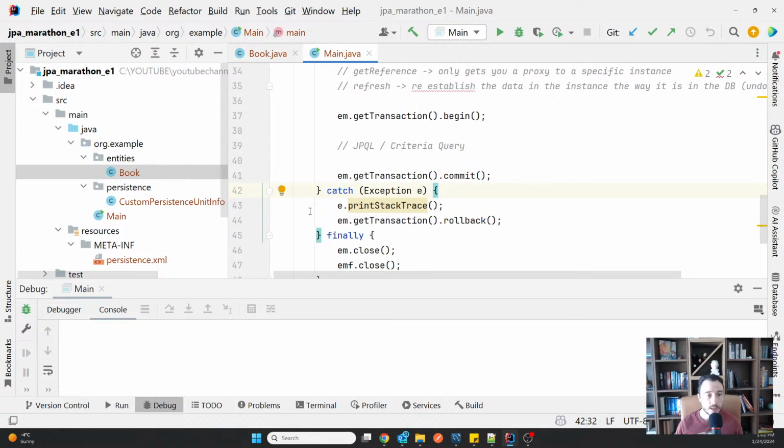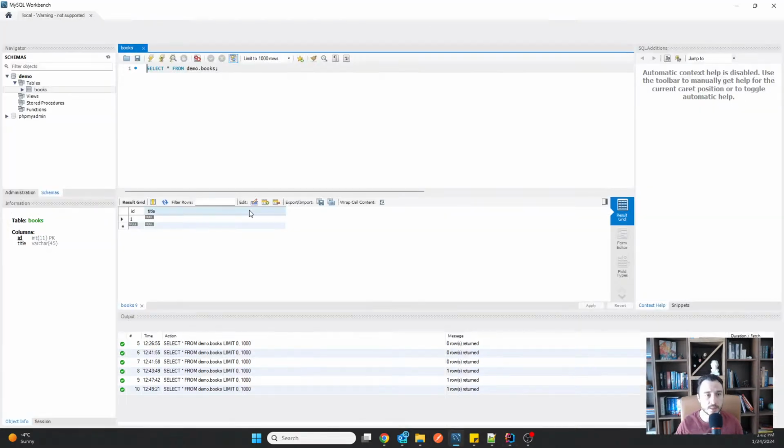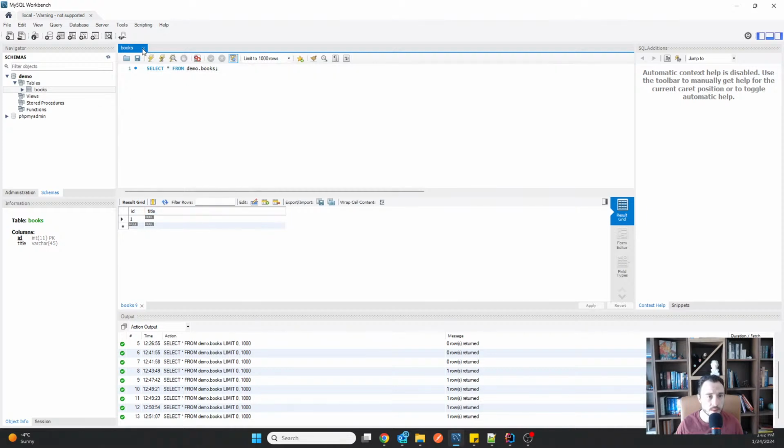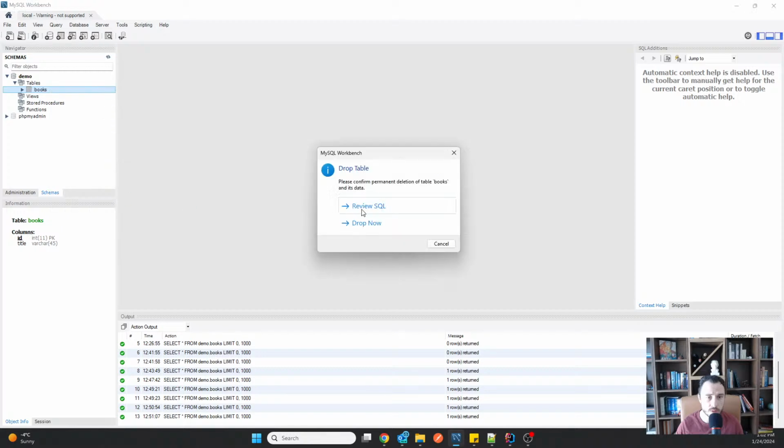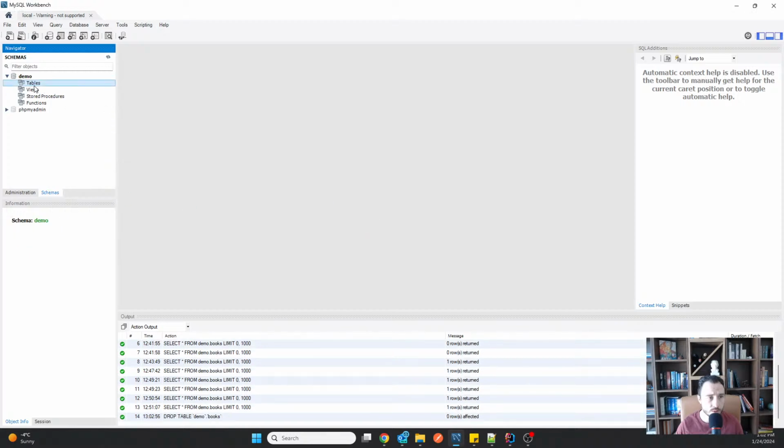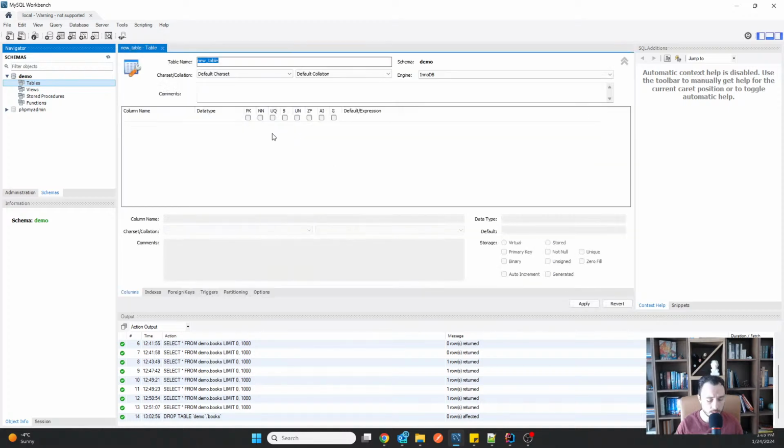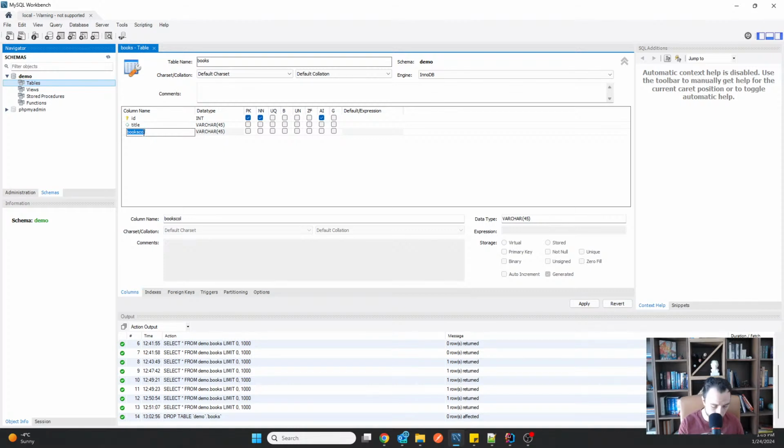Okay, fine enough. I'm going to show that enum stuff. So let's say that in our case here, the book, besides a title, and I'm actually going to delete the table completely. I said drop table, and I'm going to create a new one from the beginning. And let's say that we have technical and non-technical. So ID, I can make it auto increment, title, and then it will be type, and this type can have two values, so it would be either technical or non-technical.